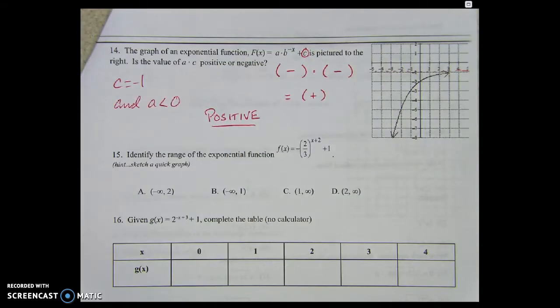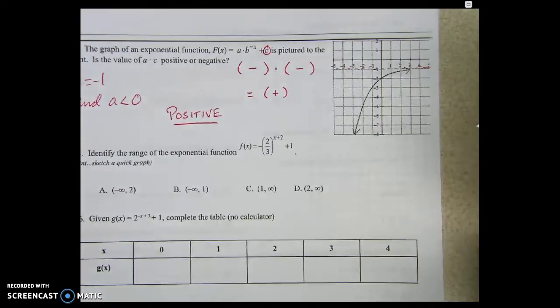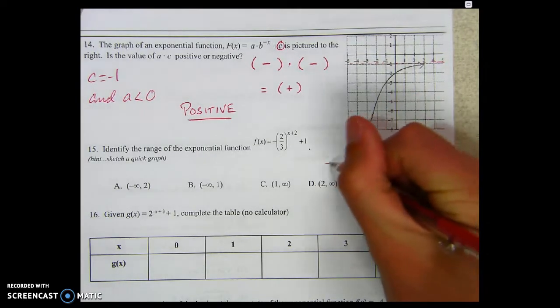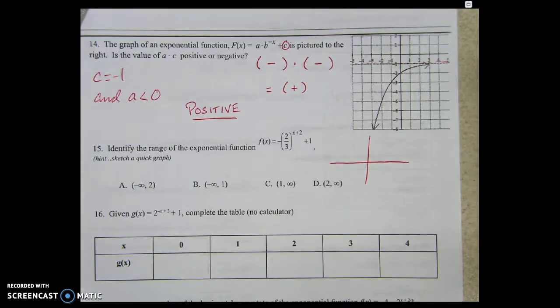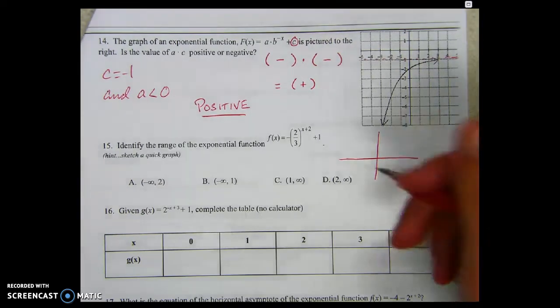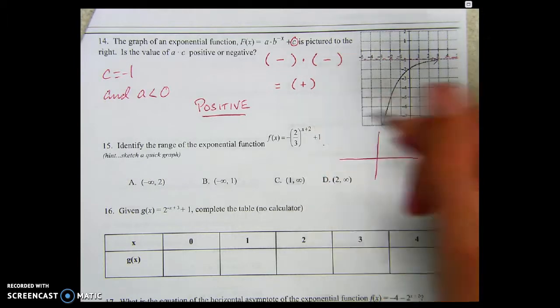Okay. Number 15 is asking us to identify the range. It's a multiple choice, asking us to identify the range of the given exponential function. It also says, here's a hint, sketch a quick graph. For my quick graph, I like to consider what the graph would have done if there weren't any reflections happening. If I look at the exponent, I notice that it's positive, so there's no